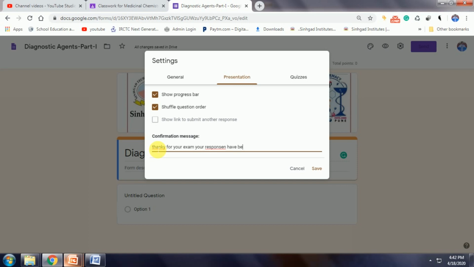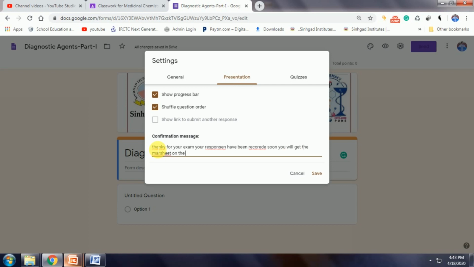Soon you will get the mark sheet on the Google Classroom. You can keep this message for the students so that they get the confirmation that we have received their answers and their responses.